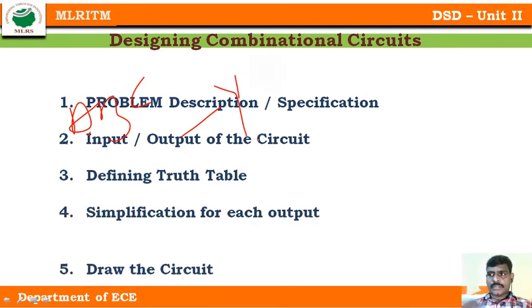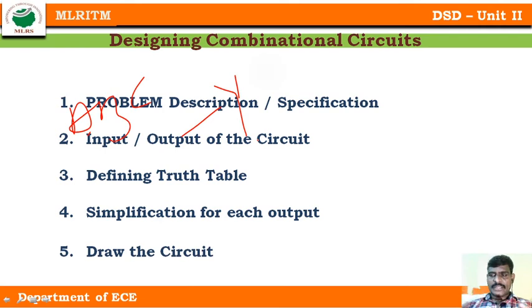Once the truth table is drawn, from the truth table you need to find a simplified expression. That can be done by using any one of the Boolean simplification methods: an algebraic form, a K-map, or a tabulation method. Use any one of these methods to find a simplified expression of your outputs. Those outputs may be 1, 2, or 3, depending upon your problem statement. Then, by using the simplified expressions, draw the logic circuit.